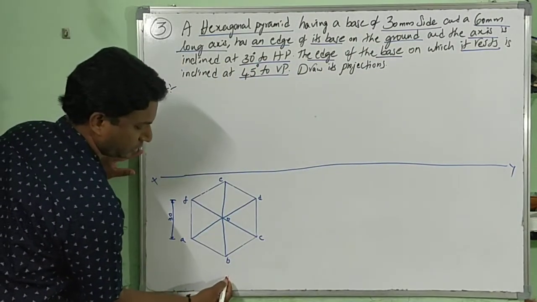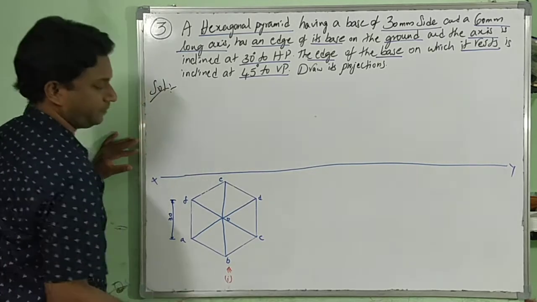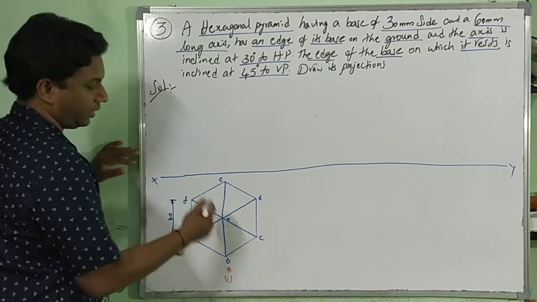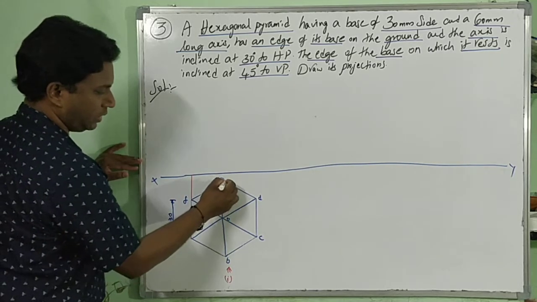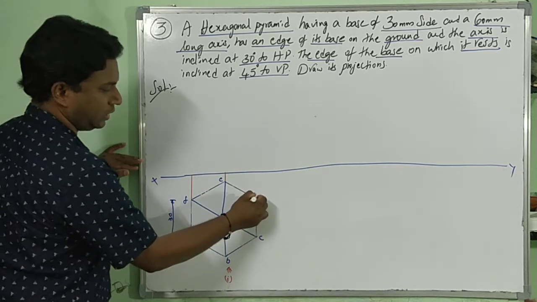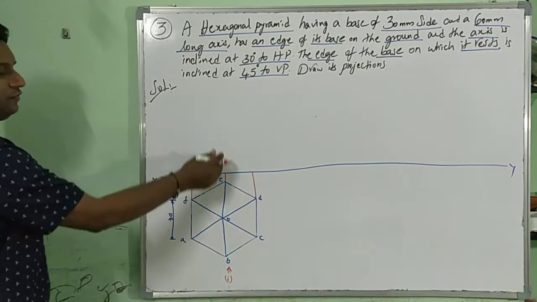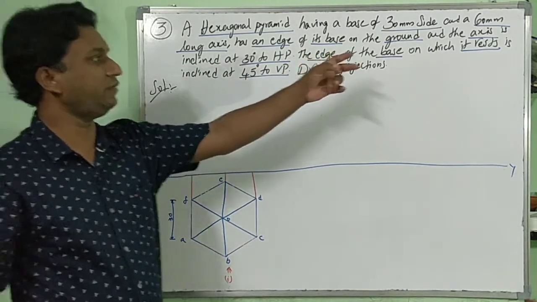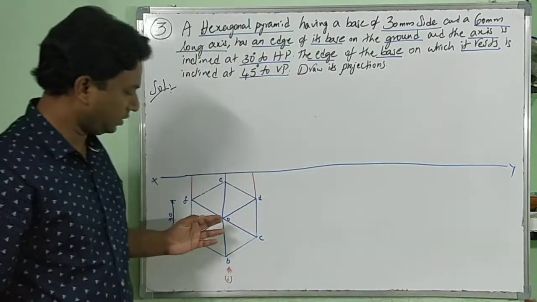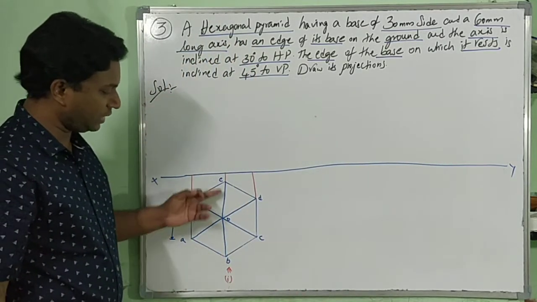Stage 1, front view looking from here. I have to draw projectors from A, B, E coincides, C, D coincides. Now, when I am supposed to draw its front view, I have to draw the axis height, which is at a length of 60 mm. But here, O is the point of axis where it is in line with BE, right?